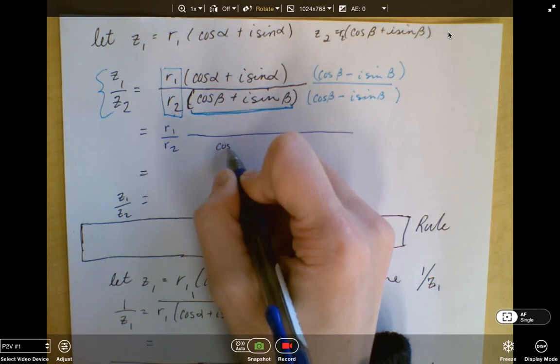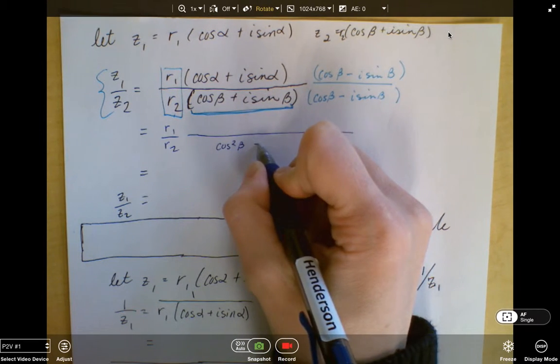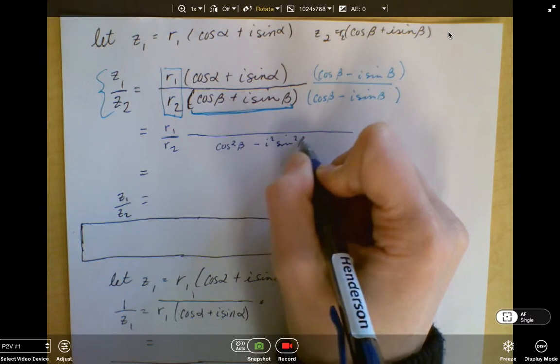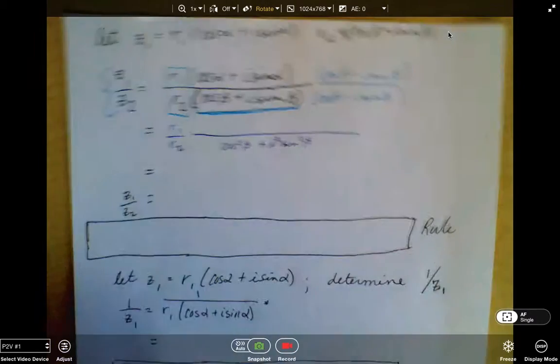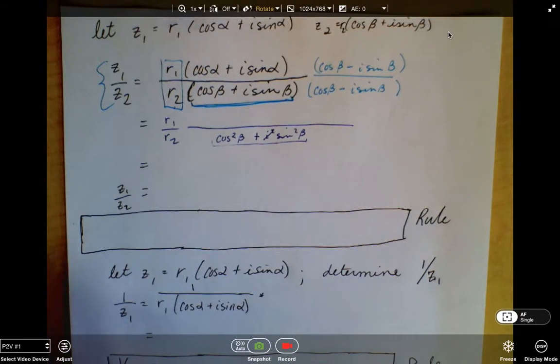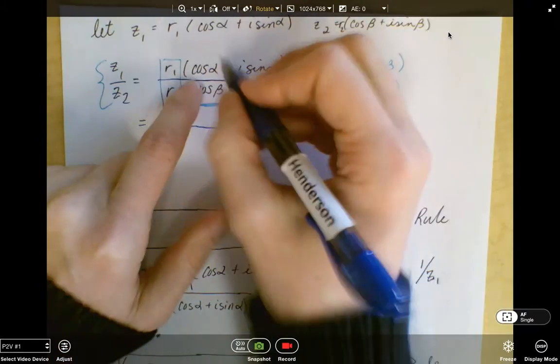Cosine squared beta, the center terms cancel out. I'm left with minus I squared sine squared beta. That becomes positive. Hey, look, a nice happy little identity. So that's all going to become a 1 in the denominator of the question. Now the numerator